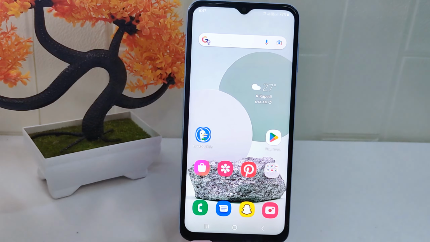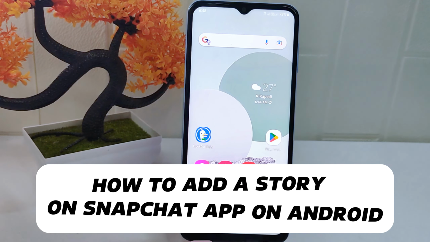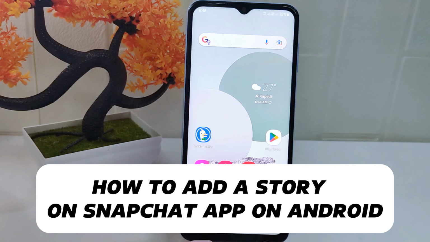Okay, hello everyone. Here I want to provide a tutorial on how to add a story on Snapchat app on an